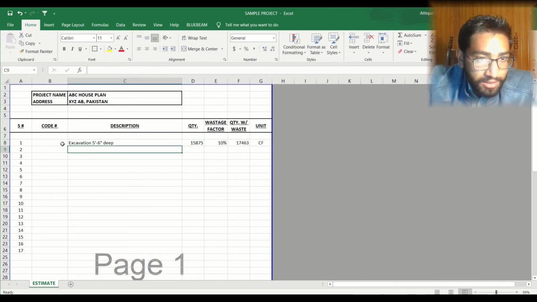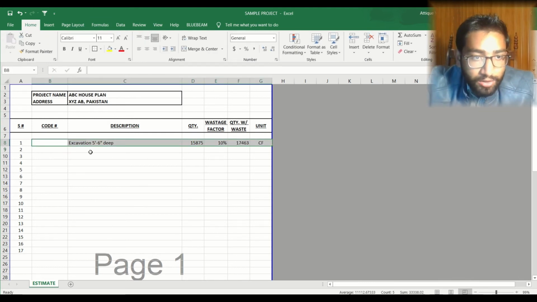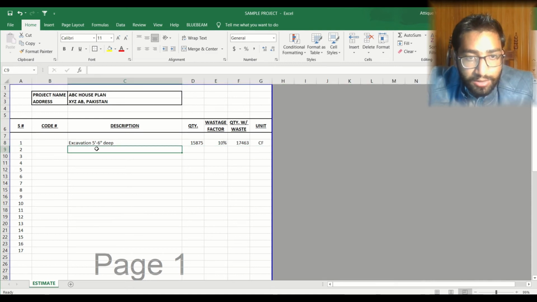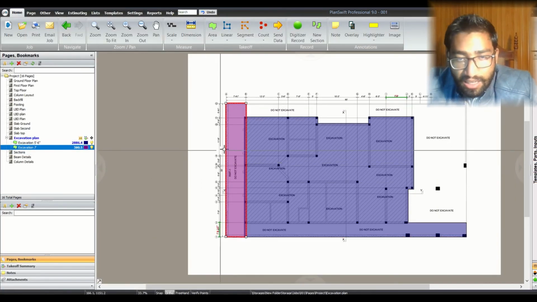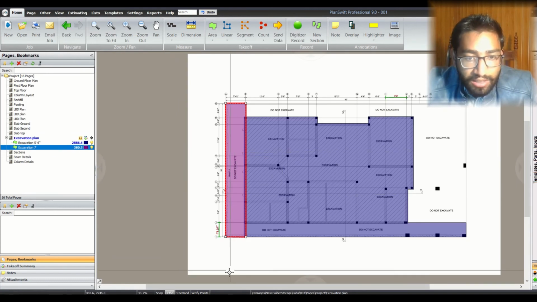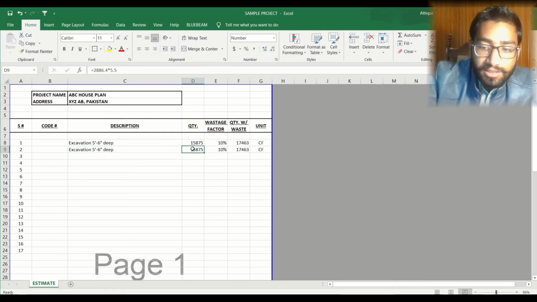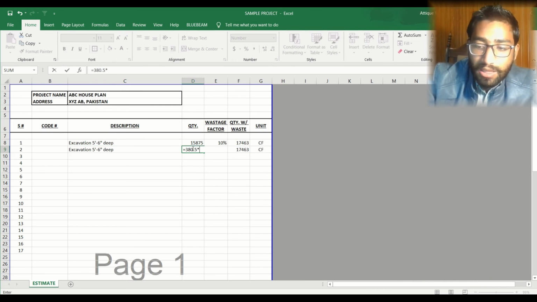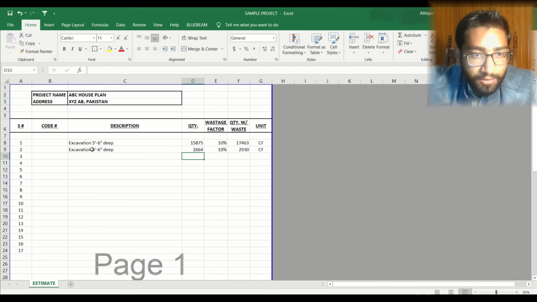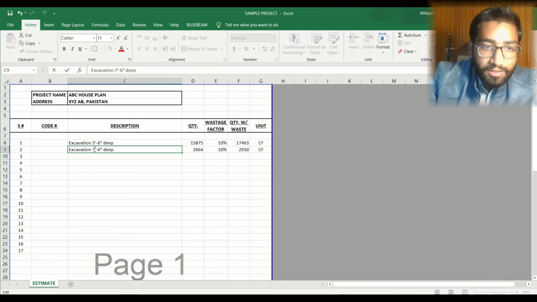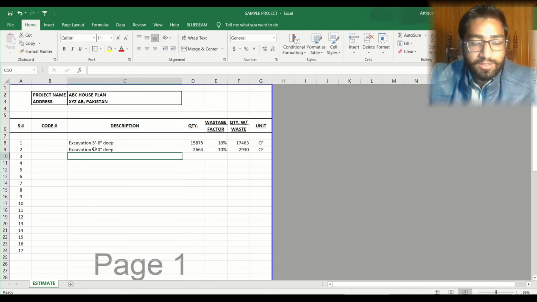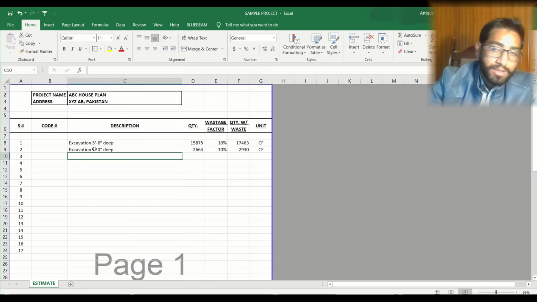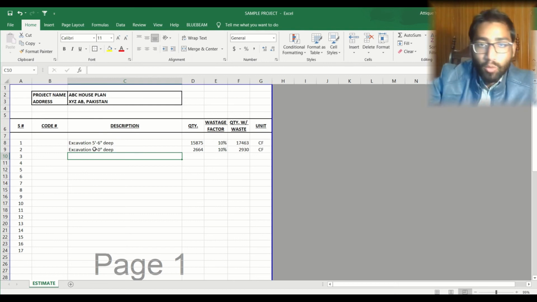So this is done with excavation 5 foot 6 inches. Now the next quantity, if I drop this down, is excavation 7 foot. For 7 foot we have 380.5. So I am just going to add 380.5 and multiply by the 7 feet. This is the quantity we are going to get for our excavation of 7 feet. So that is all. It is as simple as that, you just need to work.